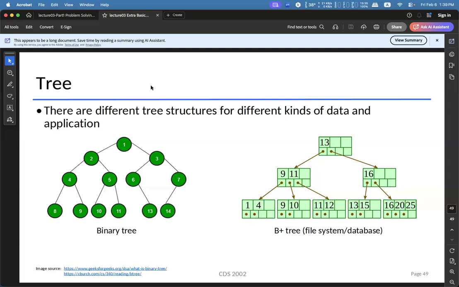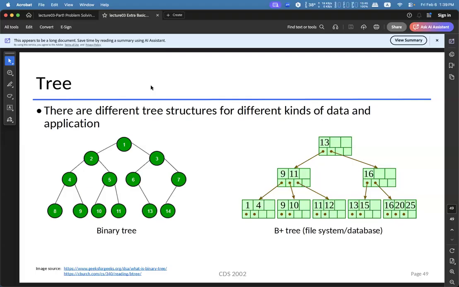In those courses you may learn the B plus tree, which is used in databases and file systems to keep track of records. You don't need to understand what a B plus tree is, but if you take a look at its structure, you can see that each node can have more than 2 child nodes, and a node can store more than one value.